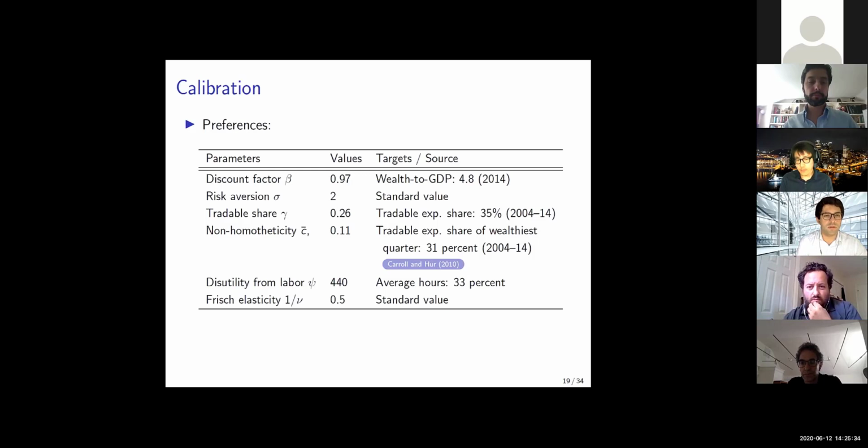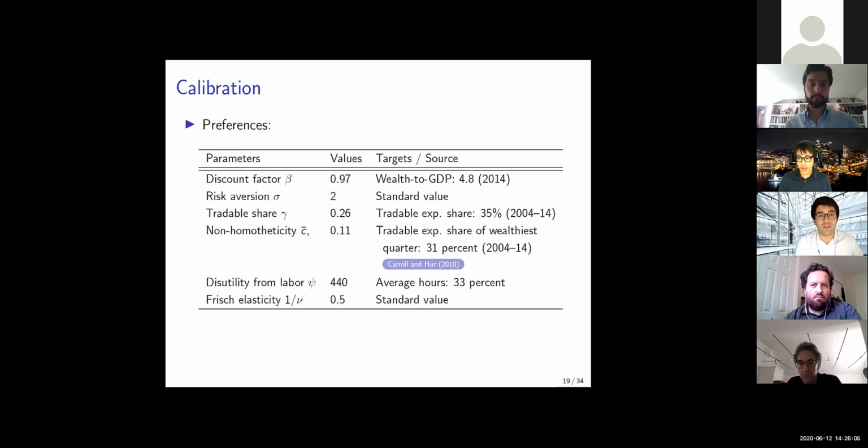I see. Then I guess it would be interesting to understand why this particular method does much better. So in their recent review paper, Greg Kaplan and Gianluca Violante have this fact that in a standard one asset model, if you target the wealth to GDP ratio, that's going to generate MPCs that are way too low relative to what we measure in the data. So I guess the fact that you have a large fraction of individuals at the constraint suggests that you're going to get the MPC right. And then I guess it would be quite interesting to understand what's this alternative, additional mechanism in the model that gets you